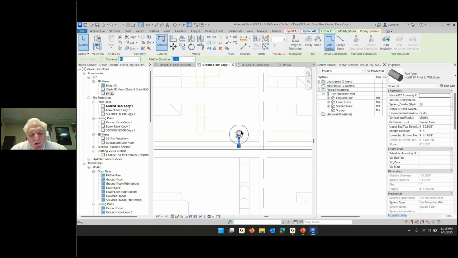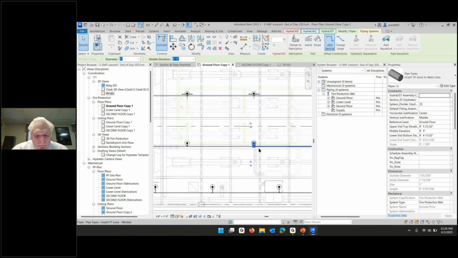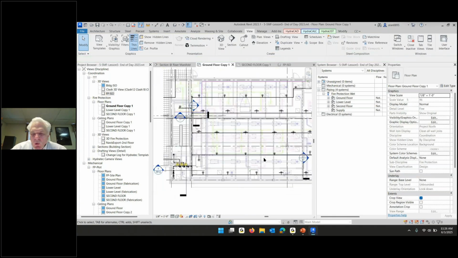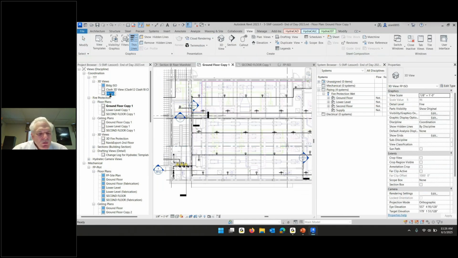Now, do you see what happened when I connected that pipe into that system? It became part of that system. So now there are just 4 systems. That's pretty cool. And if we go back to our ISO,